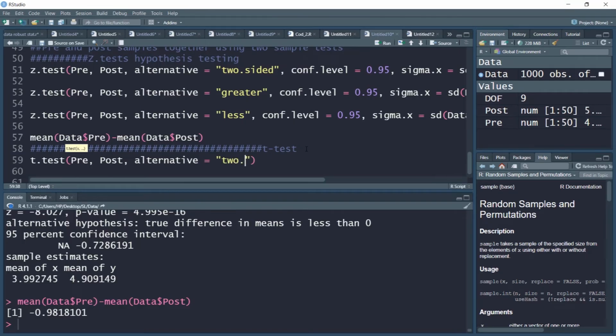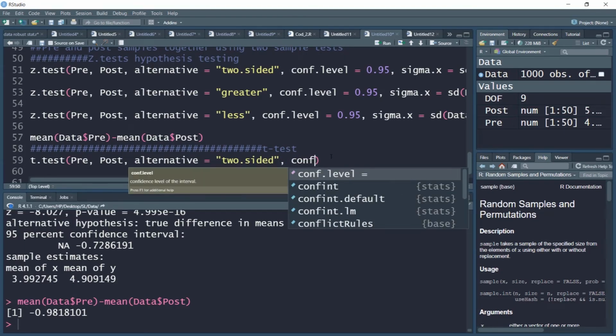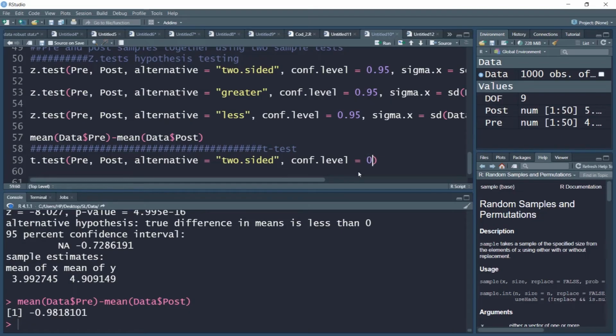So here we are simply comparing the pre and post means. We'll set the confidence level as 0.95. Please note we are not providing the standard deviation or variance of the population as we did earlier with the Z statistic, because the assumption here is that those variances are unknown. So we'll run this test